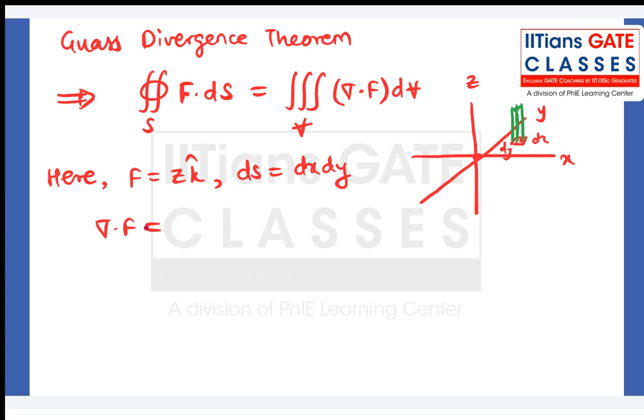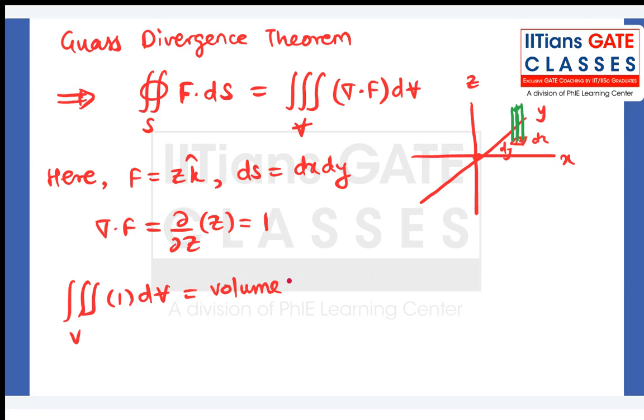So divergence, you take component-wise differentiation, partial differentiation, right? There is only the k component, so you take the partial differentiation with respect to z, and there is only z, so it is 1. Therefore, this volume integral of 1, because divergence of f is 1, into volume, is nothing but